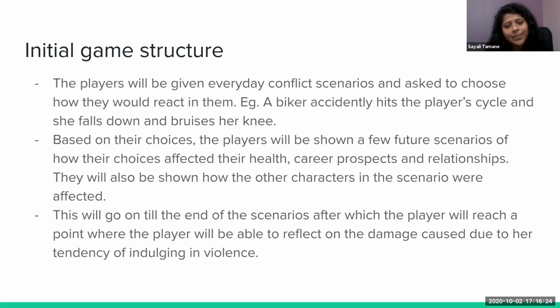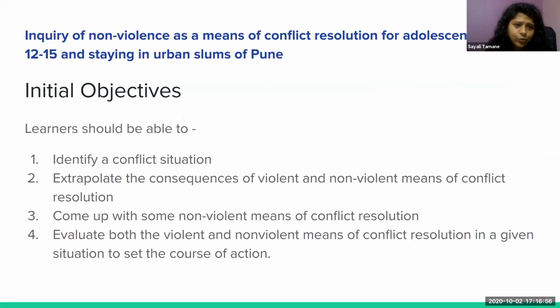We had to keep track of what happened to whom, and sometimes it's not necessary that something happens then and there. Maybe the effects of the choices manifest very late in the life of people. So we started getting this feeling that this is getting very complicated, and we will not be able to deal with such a complicated activity or game. So then we thought, let's go back to our problem definition, and can we pick up one small thing, one small aspect, and develop an activity for it.